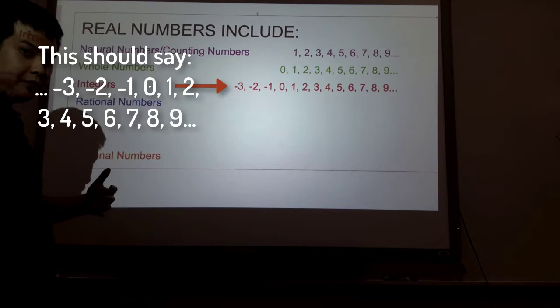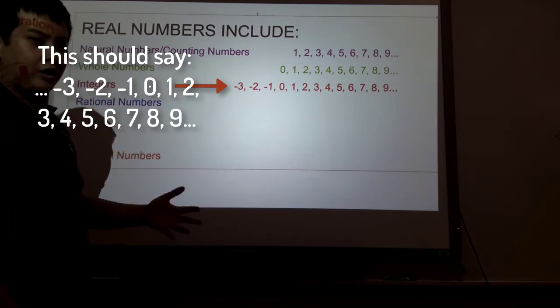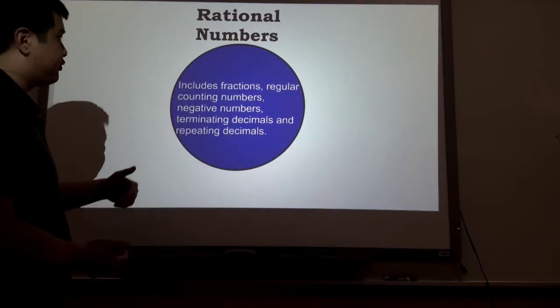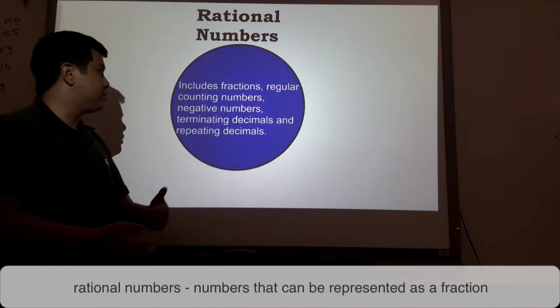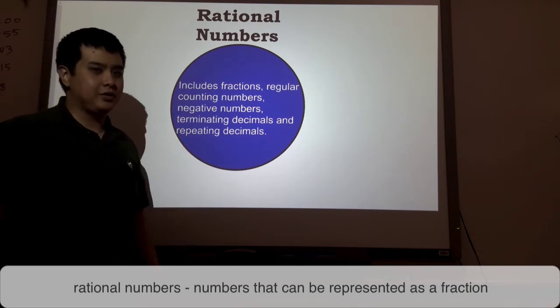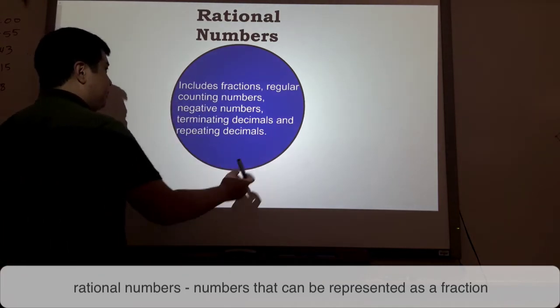Now we get to rational numbers. Rational numbers includes an infinite amount more numbers. And rational numbers includes fractions, regular counting numbers, negative numbers, terminating decimals, and repeating decimals. That is, even to simplify it more, any number